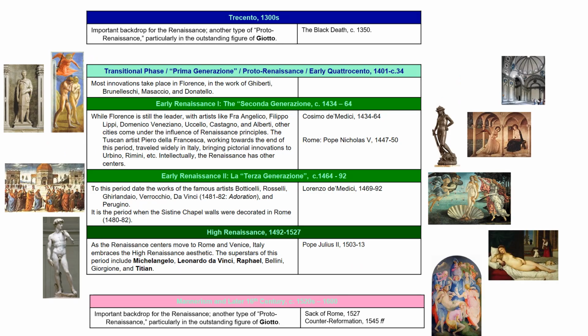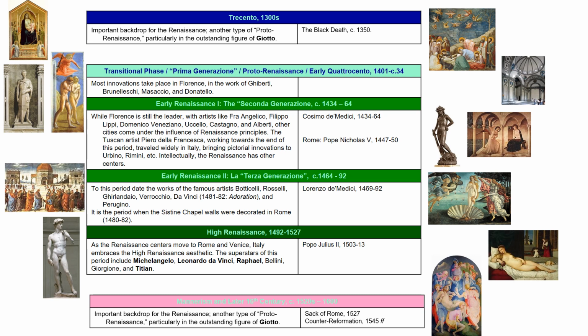I have further divided the Renaissance into these time periods, which I would like you to recognize. The Trecento, which is the Italian word for the 1300s, as the century is called in Italian Renaissance studies. Then there is a first generation, or prima generazione, of early Renaissance artists and artworks. This is followed by a second and third generation that incrementally introduce innovative ideas in the field of art and architecture. The High Renaissance, dated a bit more precisely, if precision is really even possible in such a broad historical movement,